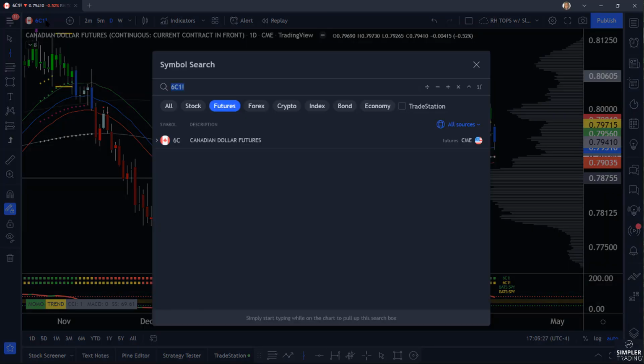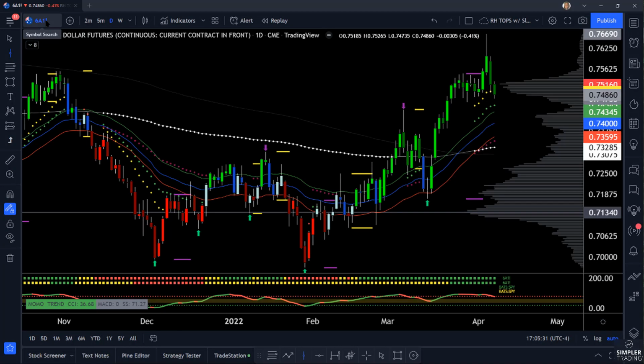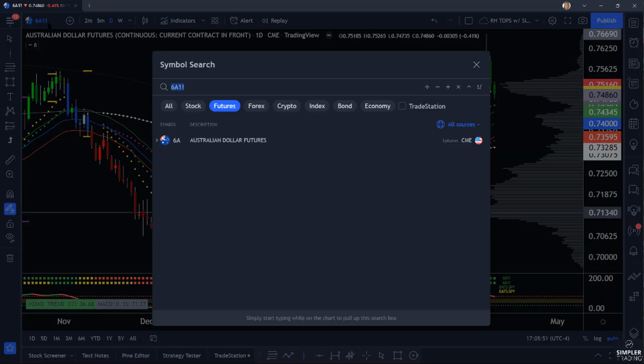Now, this isn't the only place. We have strength also in Australia. This is the 6A futures. These are all liquid majors, gang. When you walk into those futures contracts or the options on them, you're going to see liquidity. Look at the 6A. Is this a buy the dip? This thing's been double green since the end of March. Propulsion dots above the 200. This is a straight up buy the dip, absolutely.